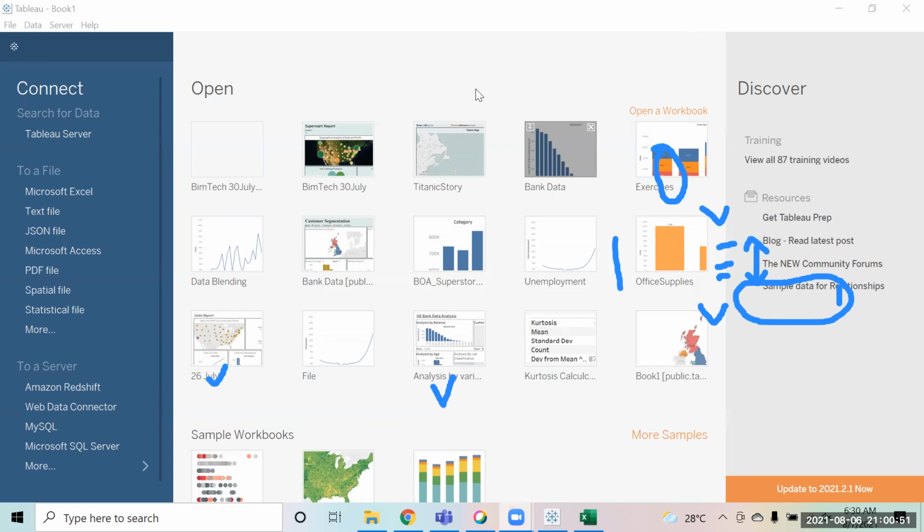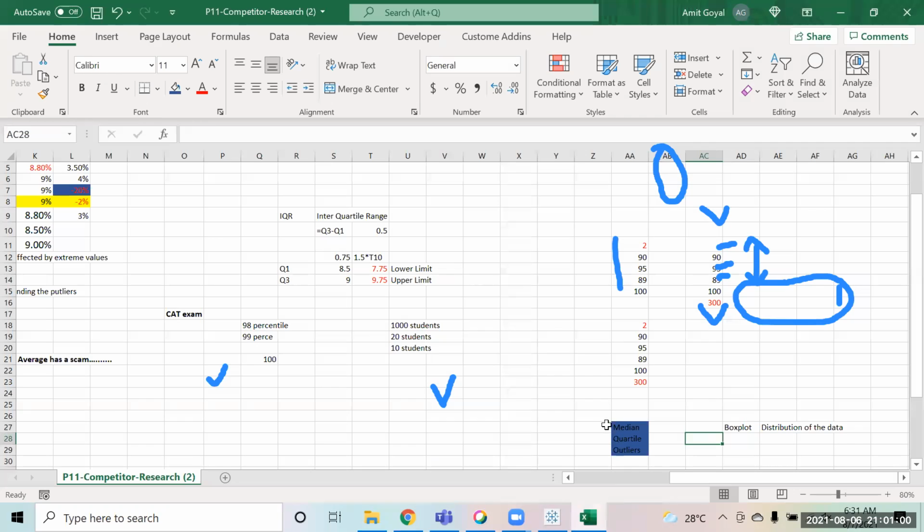No. So minimum and maximum, not the upper and the lower limits. They are after you remove the data from there, after you remove the quartiles. Now, what is the minimum and maximum value that you have inside that? Like if I come over here now, if I remove the outliers, the minimum value is 89 and the maximum value is 100. So they are the minimum and maximum, not the limit.